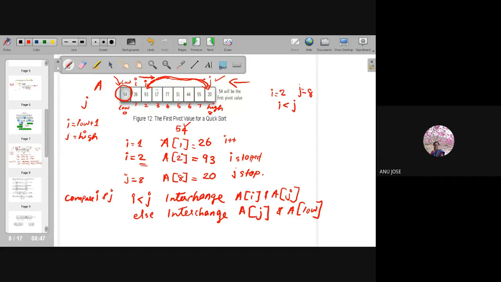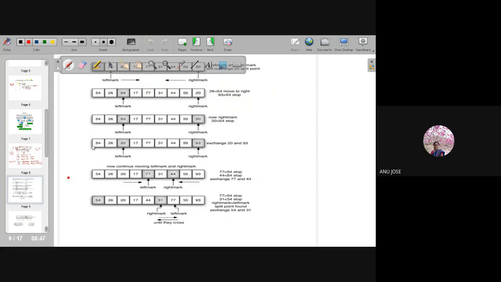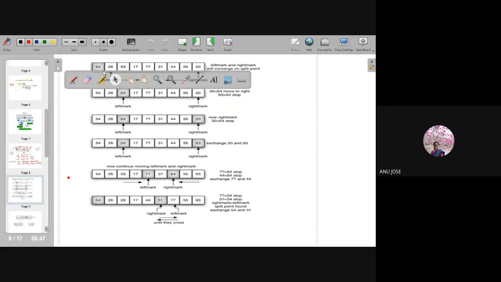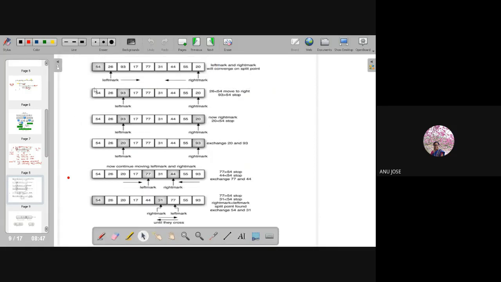Again, I am going into the iteration part. You can see what I did here. 54 was the first element. As I mentioned, instead of i and j, here the variable names are left mark and right mark.